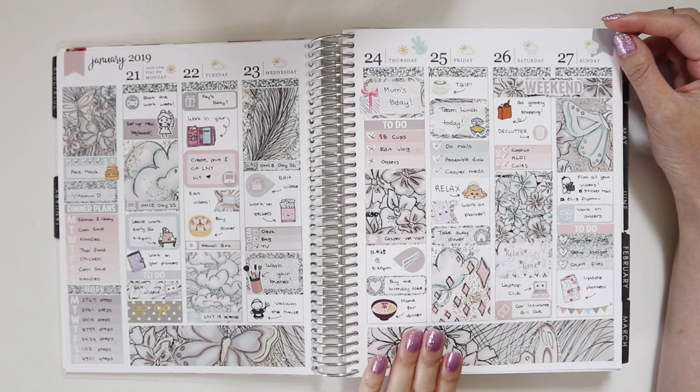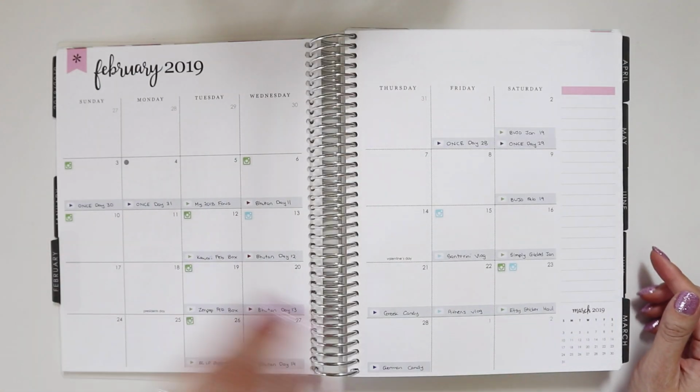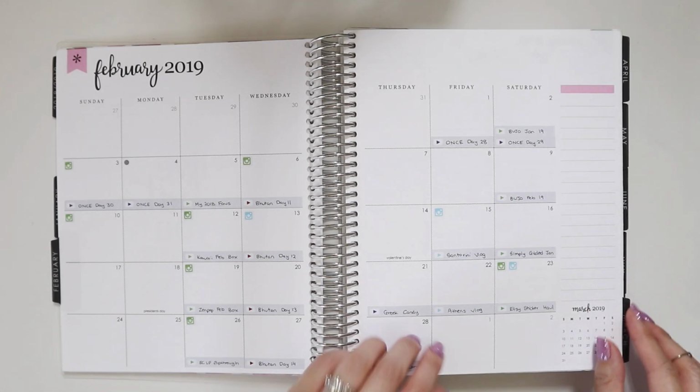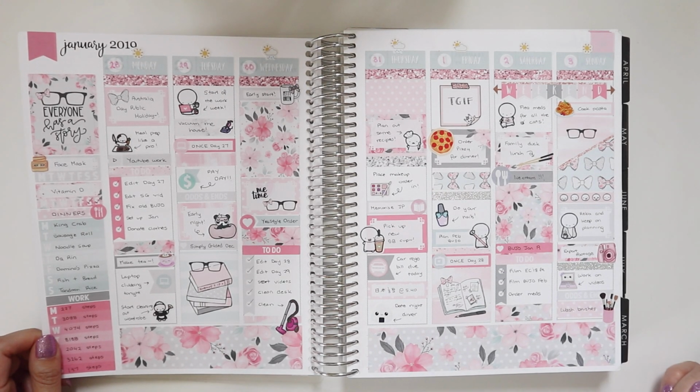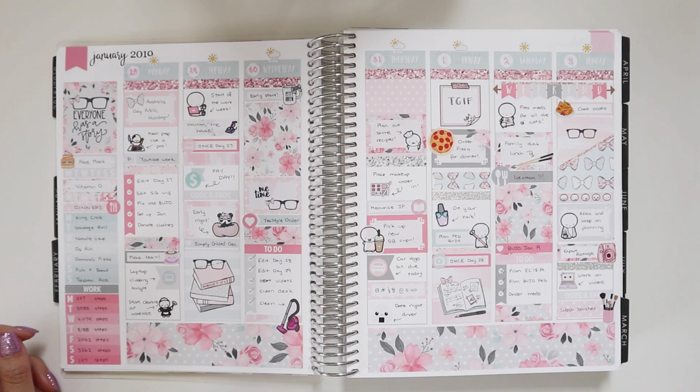But yeah, it's my mum's birthday this week, which was a lot of fun. And then we go into February, which is a pretty good YouTube-y month, quite a lot of uploads, which I'm happy about. Okay, I'm pretty sure this is Hello Petite Paper because I'm a big fan of her stickers, love her so much. So every time I see her kits, I definitely know this is Hello